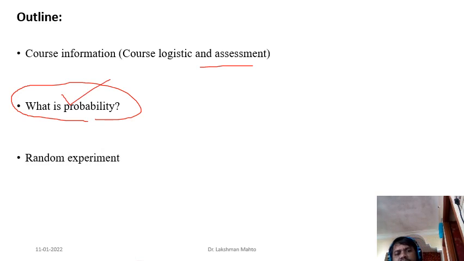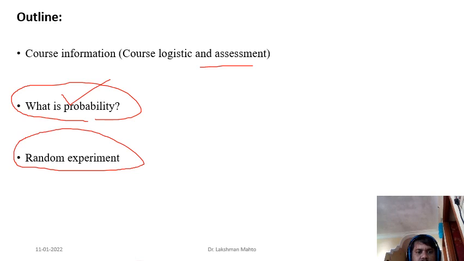And then I will discuss random experiments, because most experiments, if you look around yourself, always happen to be random in nature. If an experiment is random in nature, then it would be very difficult to measure or quantify that random experiment. So there must be a logical or axiomatic approach to quantify a random experiment. Such experiments I will discuss in detail, and what that logical or axiomatic approach is, which helps in quantifying a random experiment.